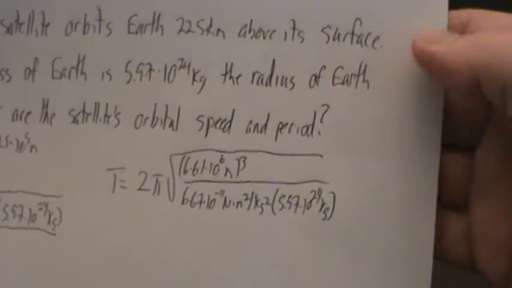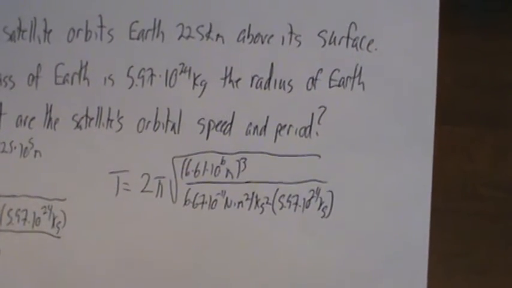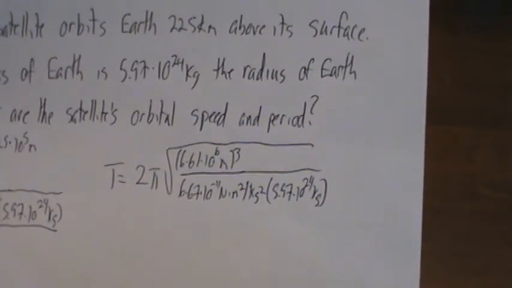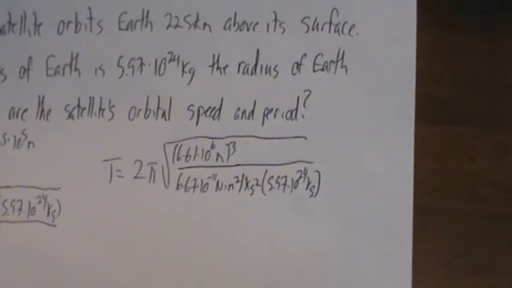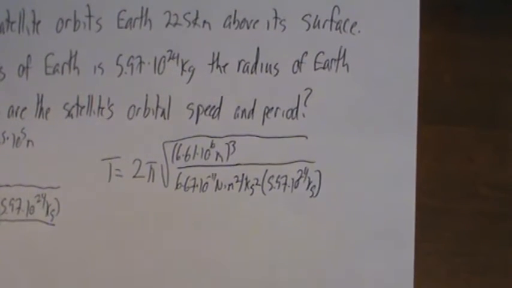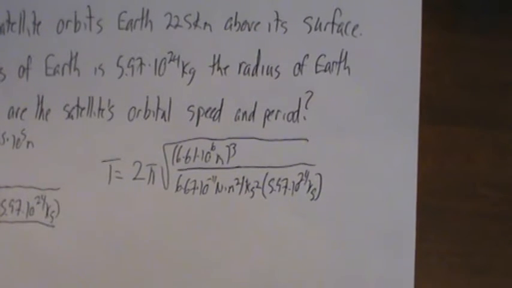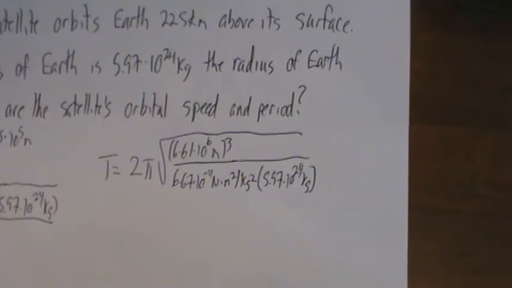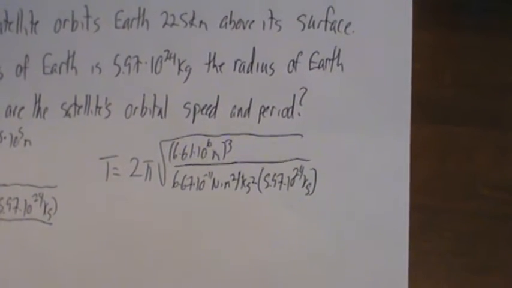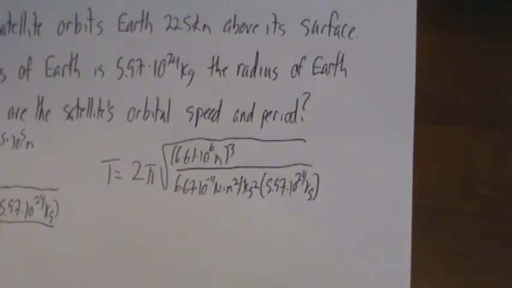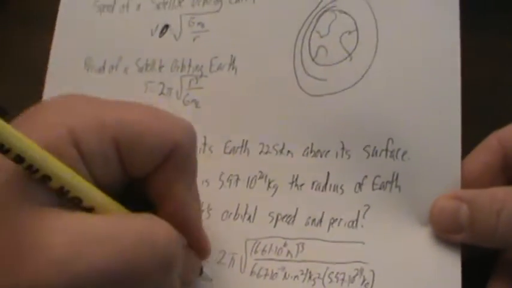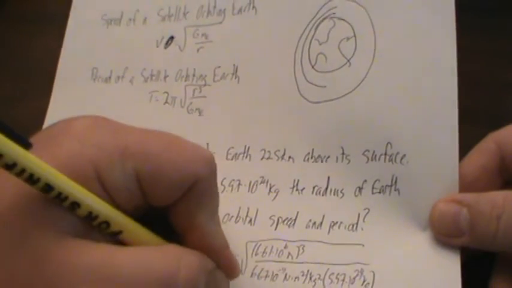Here's our setup, so let's run through that. 2 times 3.14 times the square root of 6.61 times 10 to the 6, cubed, divided by 6.67 times 10 to the negative 11th times 5.97 times 10 to the 24th. I'm coming up with a period of 5,348